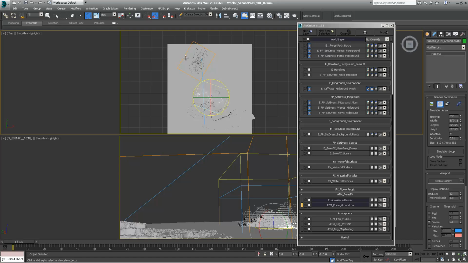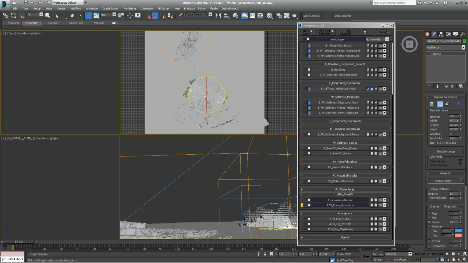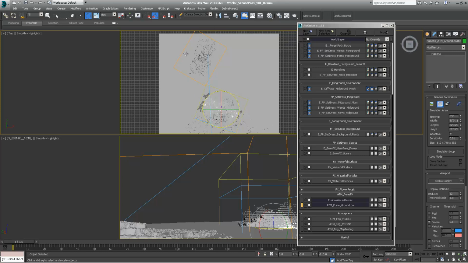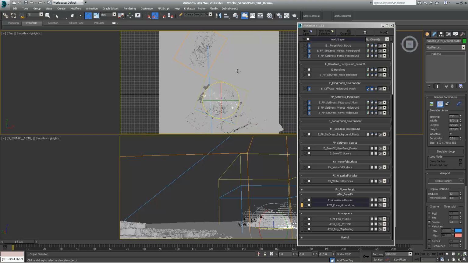Don't try to bite off more than your current farm can chew, basically. And it just doesn't make sense iteratively to go beyond 20 minutes or so. I generally start to try to break things up as much as I possibly can so that if I need to make a little change, I can. Okay, so that is Fume Effects very quickly, but kind of how we use it, what we do, adjusting the layers or setting up the layers, how you manage it,